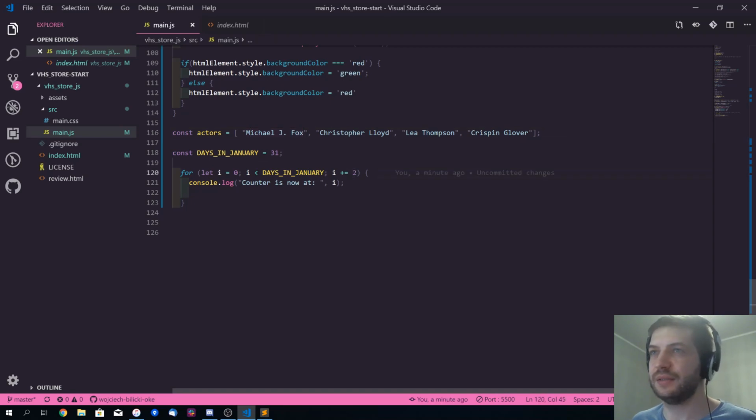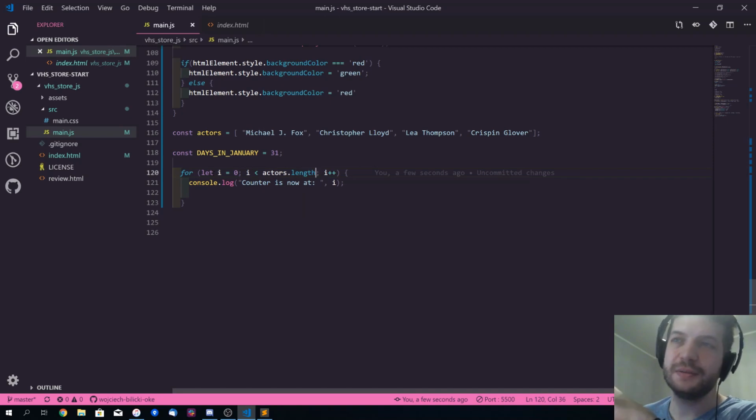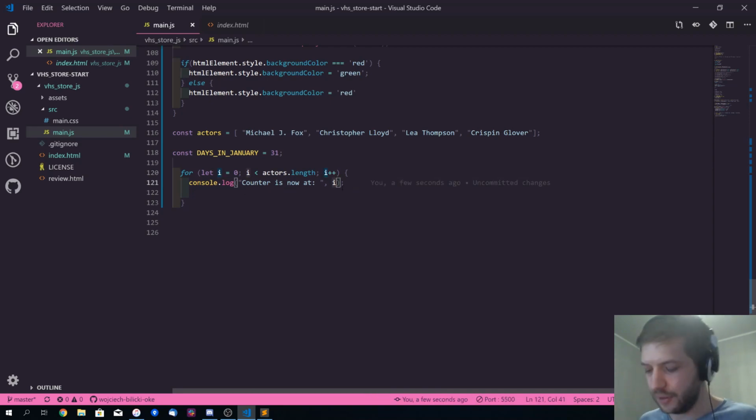So let's just go back to standard incrementation, actors.length. Okay, so starting from index 0, as long as i is less than the length of the array, and incrementing the counter by 1,